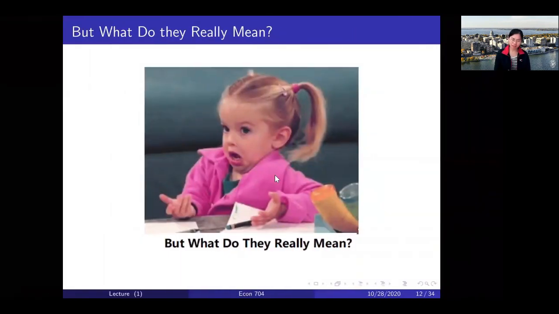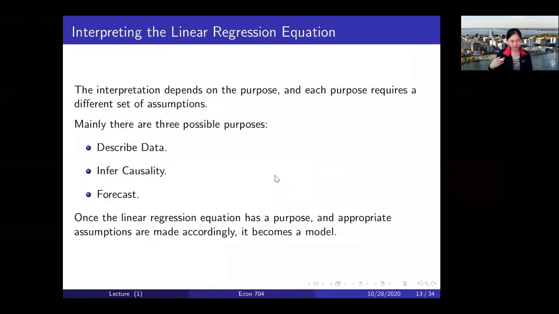But now that we have their names, what do they really mean? Just naming something doesn't give that thing a meaning, right? I can tell you I have something in my hand and I call that thing Bob. That doesn't tell you anything about what is in my hand, right? I just know the name of that thing is Bob. That's not useful. The names will help us to talk about the thing, but they don't tell us what they really mean. In order to actually know what the quantities in the linear regression equation really mean,